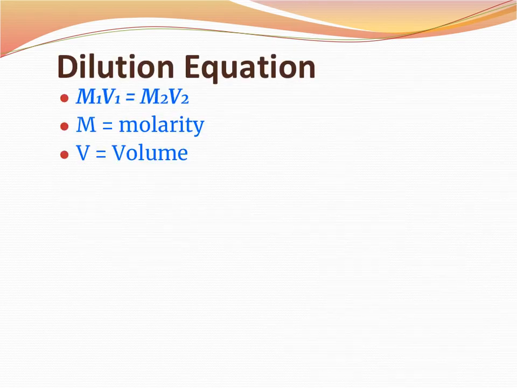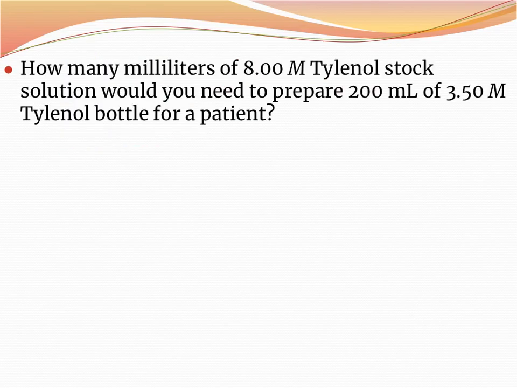This last equation is pretty easy. It's kind of like Boyle's law, where it's P1V1 equals P2V2. This is an indirect relationship. So M stands for molarity because it's capital M. V is obviously volume. So reading this, pretend I have a patient coming in as a young child who has